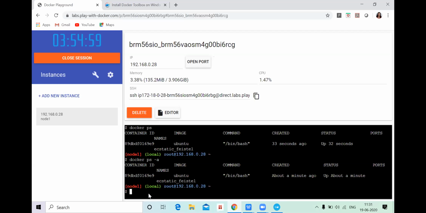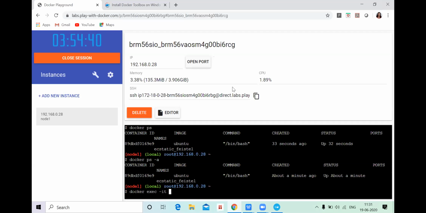Now next is the execution part. Write docker space exec space minus it space.